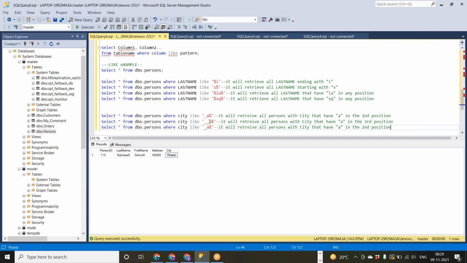Okay. So now I want to get the data like my A will take some other letter now.